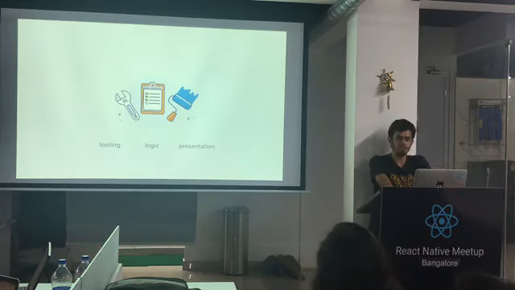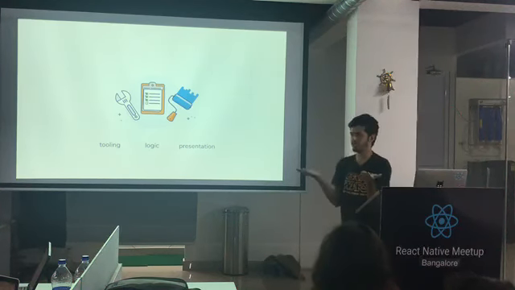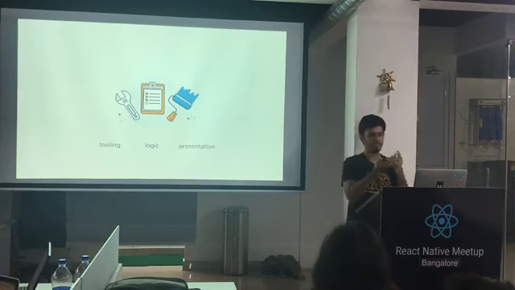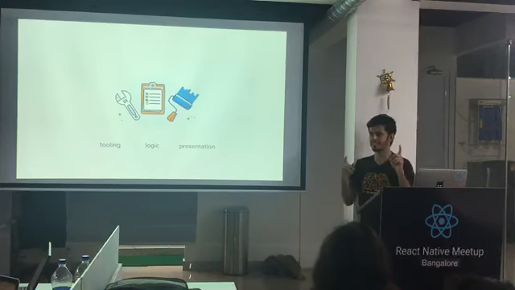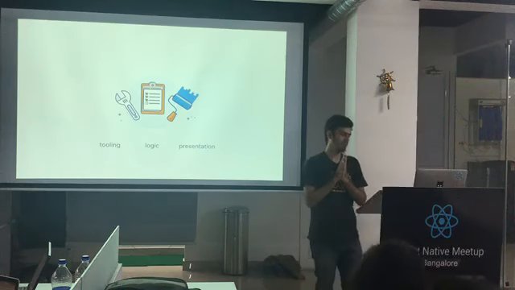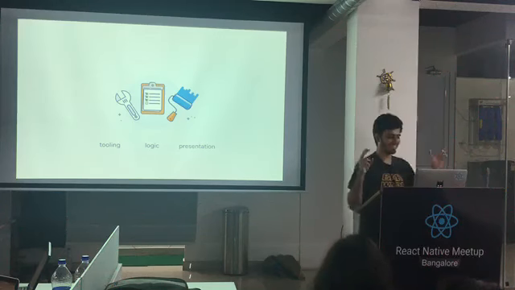So it seems like we've solved these 3 problems, right? Tooling, by using entirely different toolchains, but not letting them conflict. Logic, by extracting logic out of React Native and React DOM both, by just keeping it in React. And maybe in the future you can also use it with React PR or something, so yeah, transcendence.